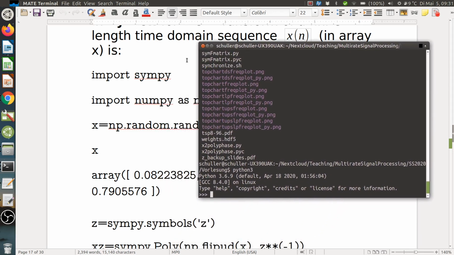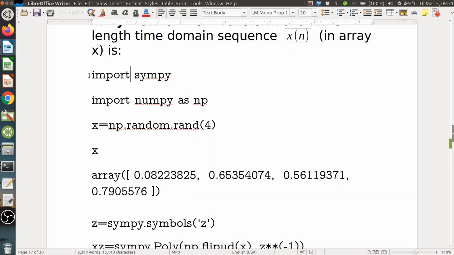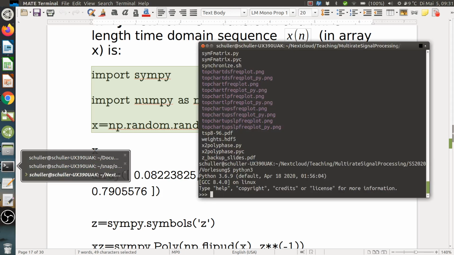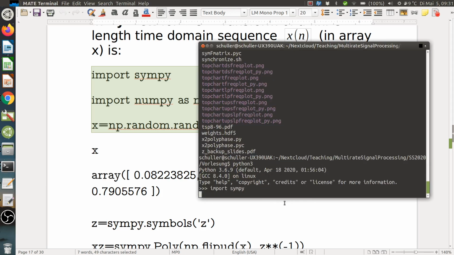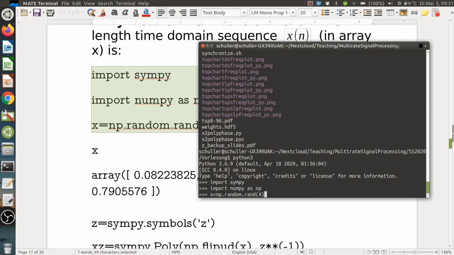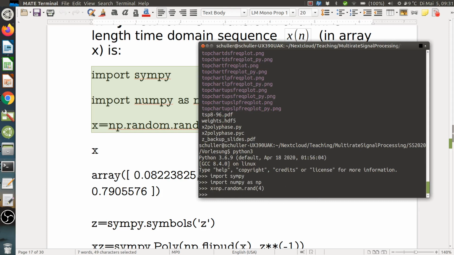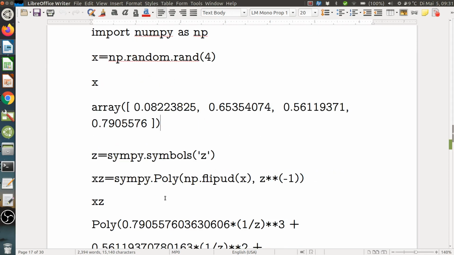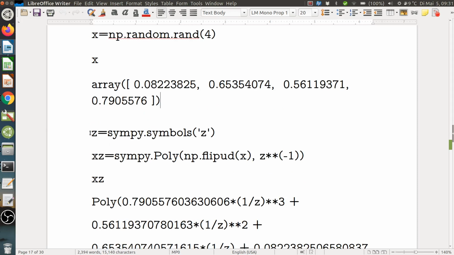So now we are in Python, and I can just import those first 3 lines and paste them here. Okay, so that worked. So here, of course, we have different random numbers, and then we turn them into a